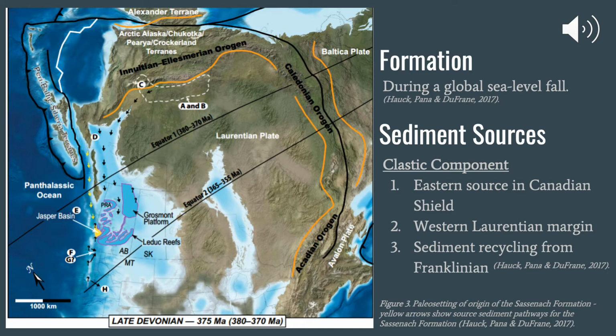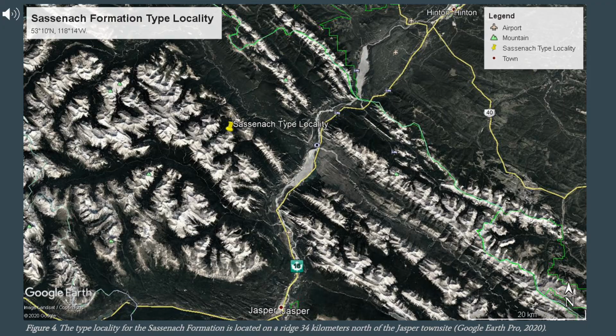the late Devonian. Sediment sources for the clastic component of the Sassenach Formation are believed to be: 1. An eastern source from the Canadian Shield, 2. A western Laurentian margin source, and 3. Sediment recycling from Franklinian. The type locality for the Sassenach Formation can be seen at the yellow dropped pin on